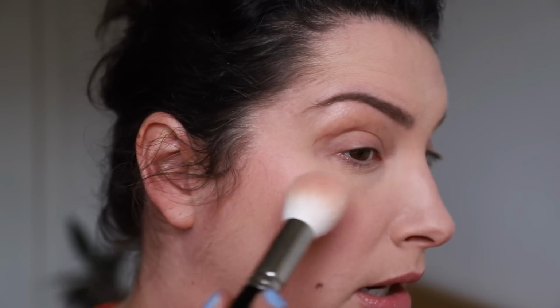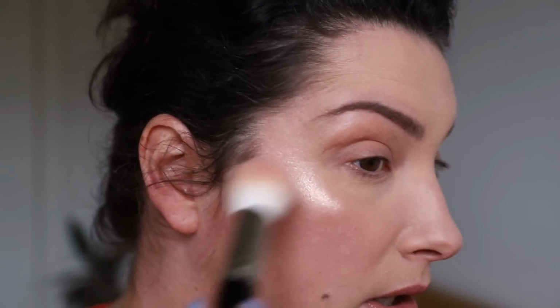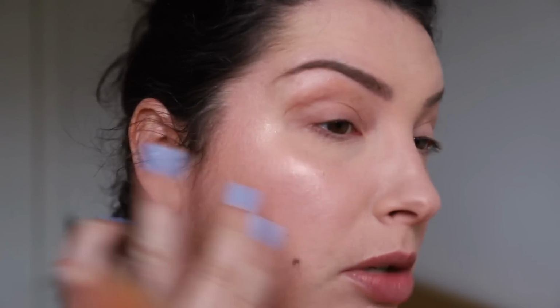So I'm just going to go in with the highlighter, and I feel like if I pick up a tiny bit, I'm just worried this is going to be too intense. Again, for me these days, whoa, this sort of intense highlighter is not something I reach for on a daily basis. Oh, it's too much for me. Like the tone's really pretty. It doesn't seem to be emphasizing skin texture too much. But it is definitely very obvious, and it's not really what I go for too much on a daily basis